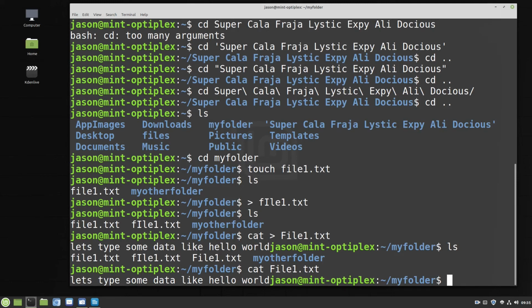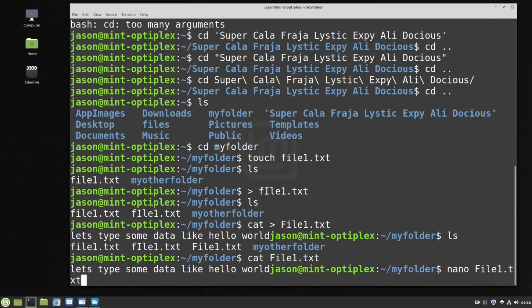So I suppose we could squeeze a few more minutes out of this session by trying something else. What if we wanted to add more text to this file? Well, this is where we can use a text editor. One of the easiest text editors to get to grips with on Linux is called Nano. And we call upon Nano by typing Nano, and then a space, and then the file that we want to edit. As we're already in the My Folders directory, we don't need to navigate anywhere. We can literally just type